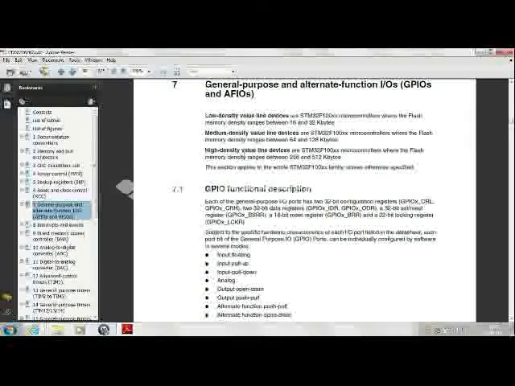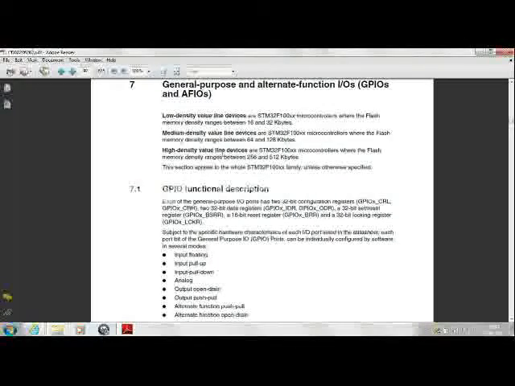On the screen you see is the reference manual for a programmer for STM32F, and I'm in the section called the general purpose and alternate function IOs. Currently we'll be only concerned with the general purpose IOs, so just look at what exactly this microcontroller offers you.